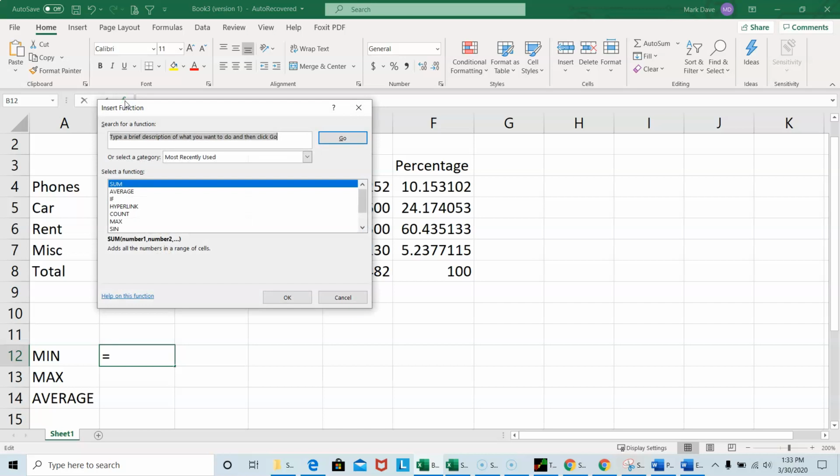Click on insert function, and in search for a function, enter a brief description of what you want to do, and then click go. So here we are looking for the minimum amount. Excel suggested that we use a function called MIN, and it says it returns the smallest number in a set of values, and that's what we need. So we click OK,